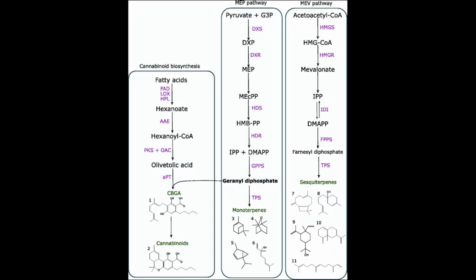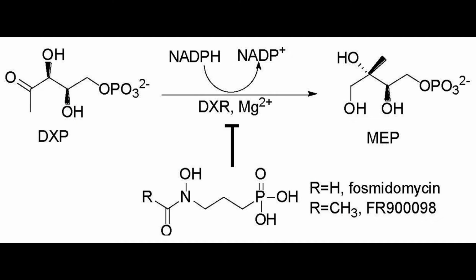If the cannabis plant had unequal pyruvate levels and G3P levels, then you'd simply need to expose it to light to prompt photosynthesis to create pyruvate and the much needed NADP plus that goes into the TCA cycle, which yields G3P. There is a naturally occurring antibiotic, fosmidomycin, which will inhibit DXP becoming MEP, which is the rate-limiting step in